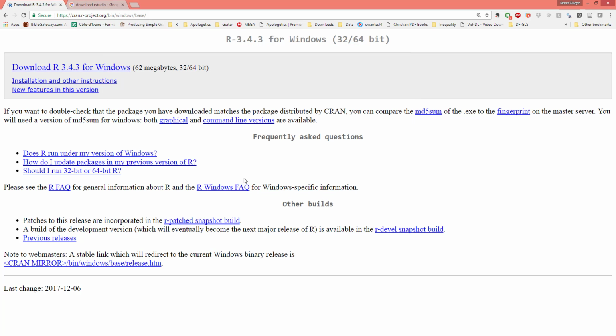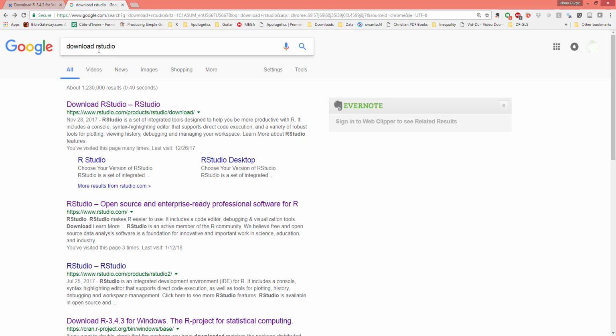Windows in my case. So after downloading and installing R, the second piece of software that we need to download and install is called RStudio. So again, go to Google, let your search entry be download RStudio, and the first result is what you want